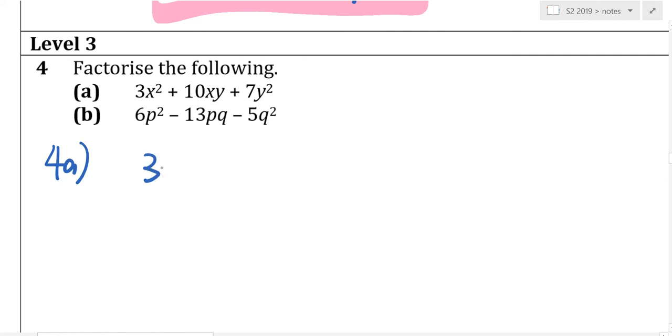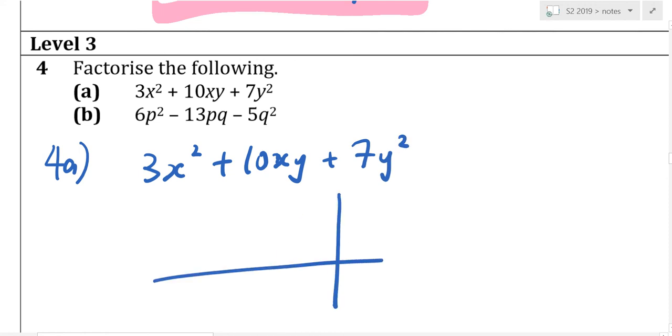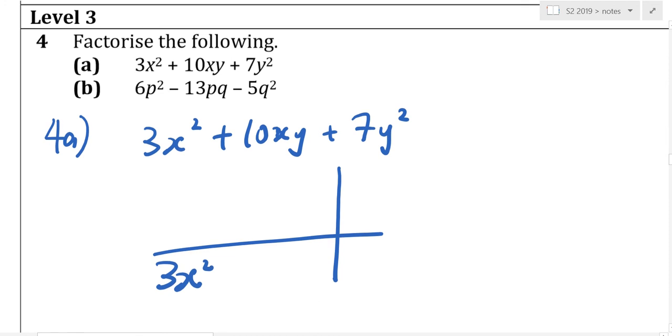Okay. So 3x squared plus 10xy plus 7y squared. So I do the cross. So now 3x squared. What multiplied by what will give you the 3x squared? x and